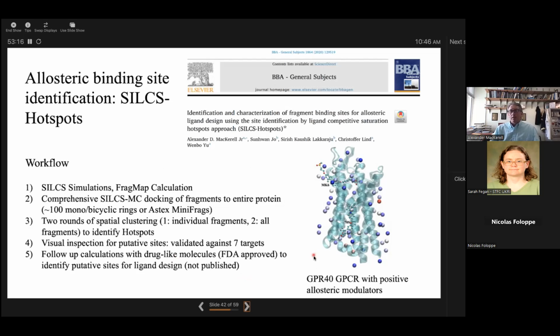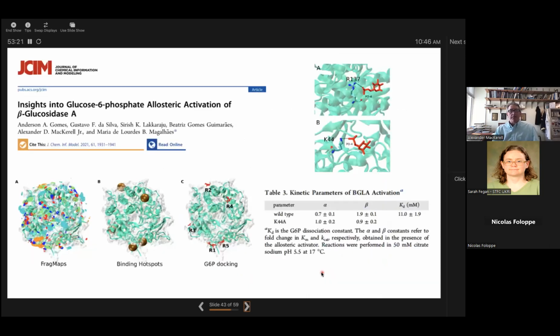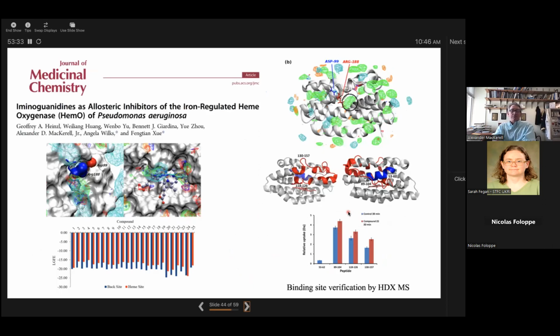And we've used this to identify a number of allosteric sites. We identified some sites on glucosidase A, where glucose 6-phosphate binds, and these were experimentally validated. In another study on heme oxygenase, this is interesting because the ligand design was actually targeting the heme binding site. And we went in and we did the SILCS calculations,